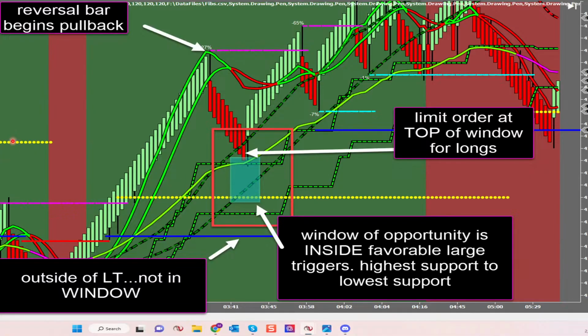This is where you are most likely to see the retracement and then the bounce, the continuation, the reversal of that tiny pullback to go with the large chart advantages. So if you do it all at once, the market is going up, you wait for it to go down, the reversal bar begins the pullback, your trigger lines define where the pullback is most likely to go, the areas within define where it's most likely to bounce. Very often,